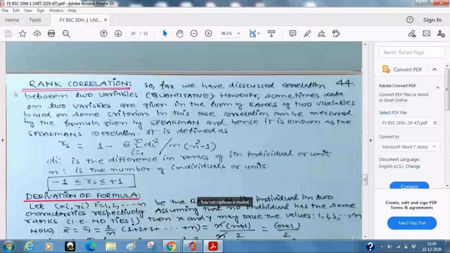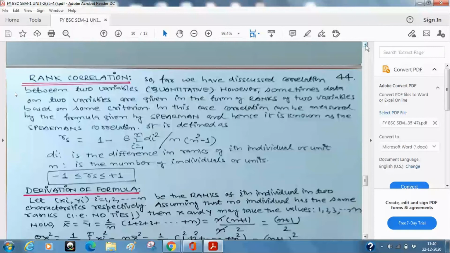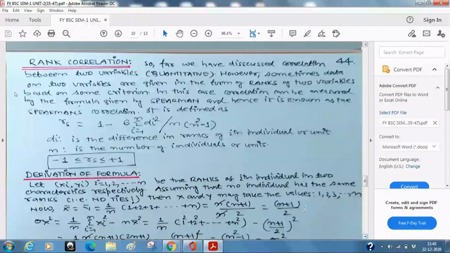Very simple. Good. So whether it is x or y, I don't mind, because for the data x and y, I am having only the same data 1, 2, 3 and up to n. So I can write very easily x bar is equal to y bar is equal to n plus 1 by 2. Keep it on one side for some time. What next? Next we have to find out what is sigma x square, suppose.